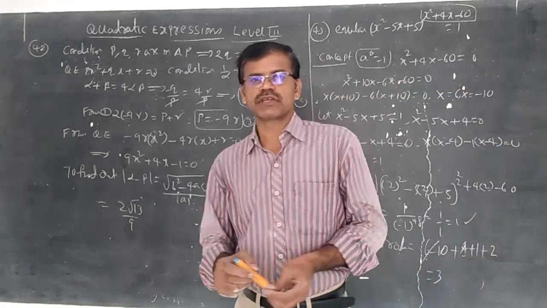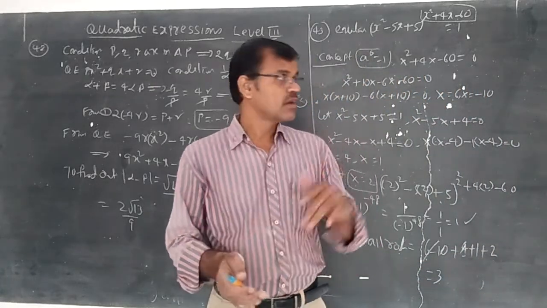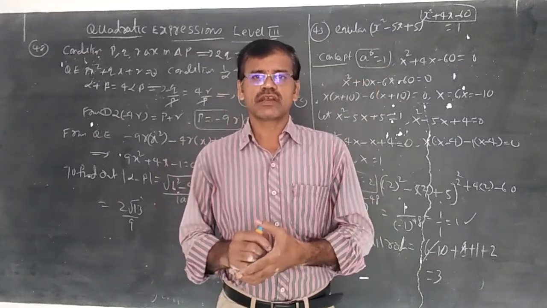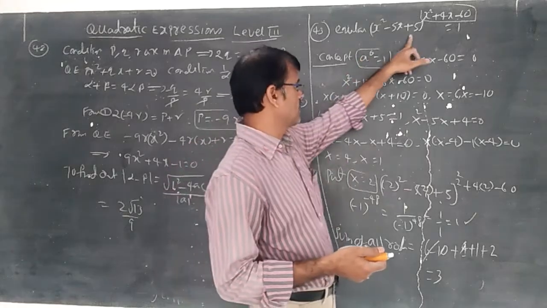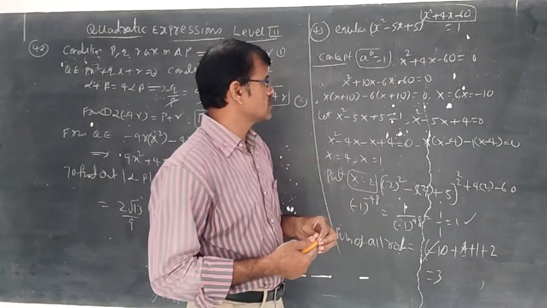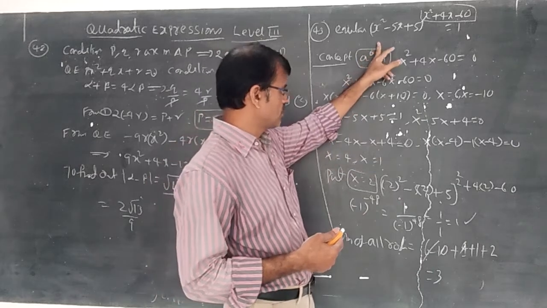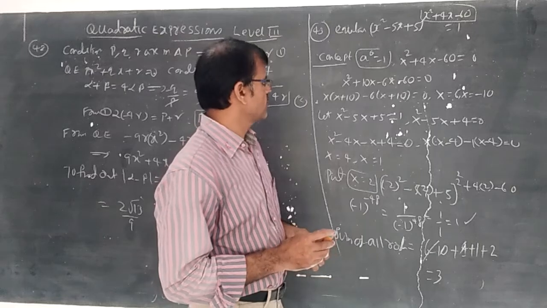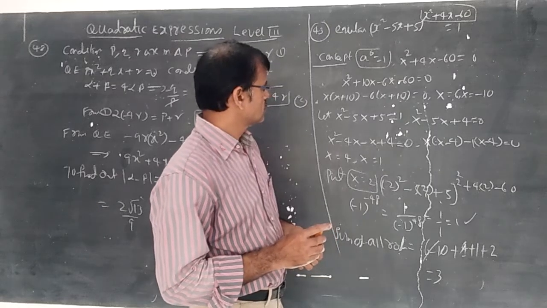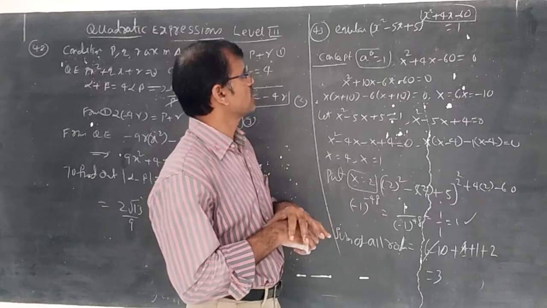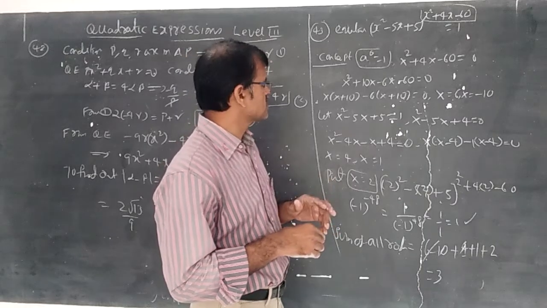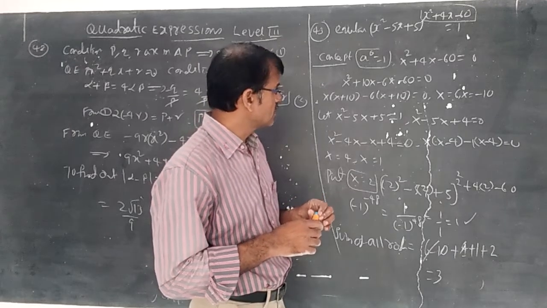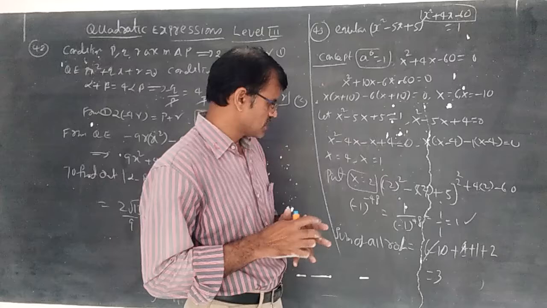Chances are there, students, that the base can be 1 and minus 1 and the power is 2. The power 2 I had written, and base 2 also I had written. So for 2 there is no need to calculate. We should verify with 1 and minus 1. X square minus 5x plus 2 if it is simply 1, yes, we thought. If it is minus 1, x square minus 5x plus 4. If the base is minus 1, x square minus 5x plus 6. X square minus 5x plus 6 means roots minus 2 and minus 3 exist.